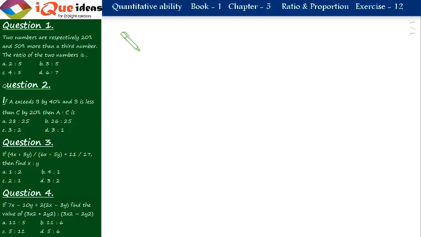Now let's take questions from exercise 12. Question number 1 says two numbers are respectively 20% and 50% more than a third number. So let's assume that the third number is 100. Now the first number is 20% more than 100, so the first number must be equal to 120. And the second number is 50% more than that, so the second number is equal to